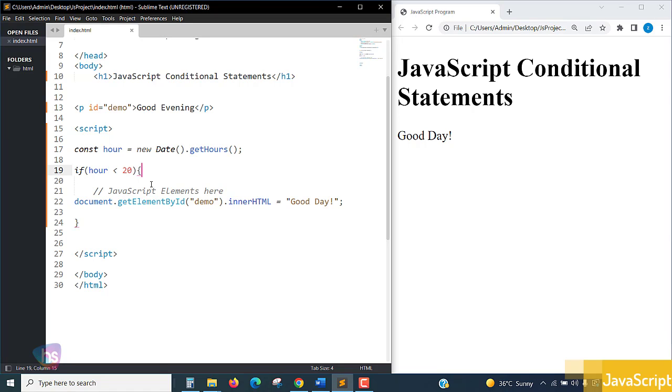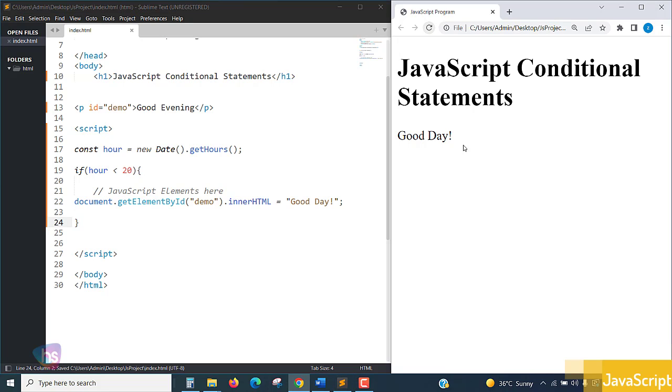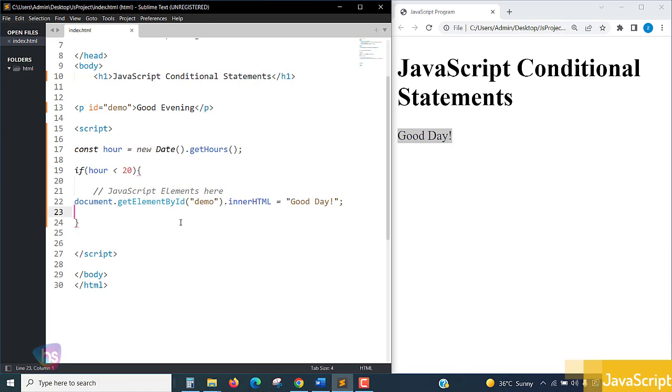So let's see, if I run this, we will get the same output. So good day we will get. By default it's good evening, no? So the good day we will get. Let's see. Save this and reload. So we are getting good day. Perfect. Now what I am trying to do, if I want to make it an else condition, I need to